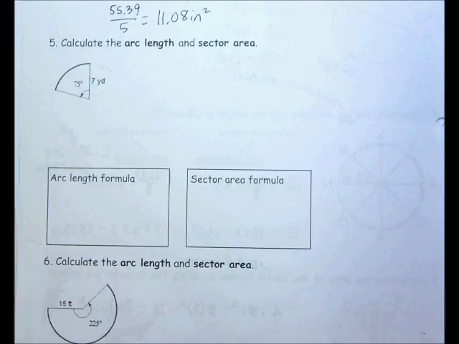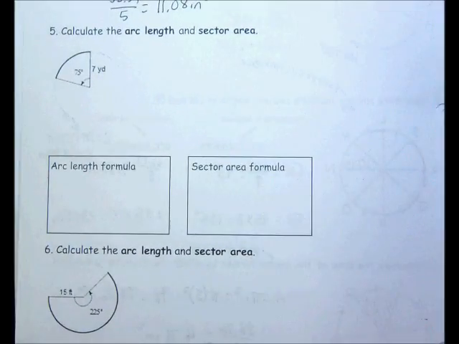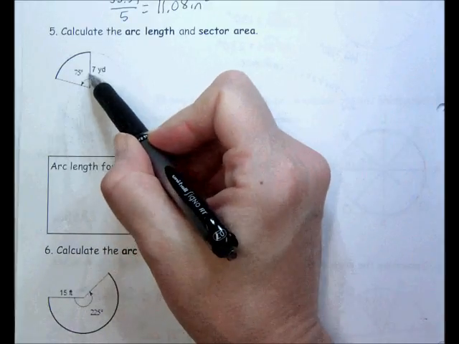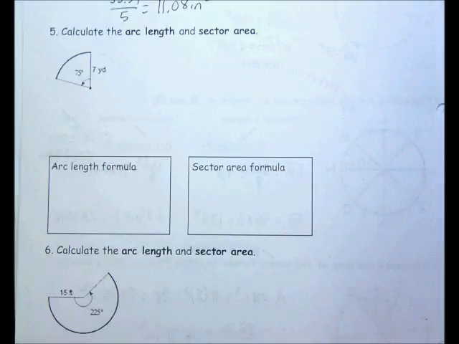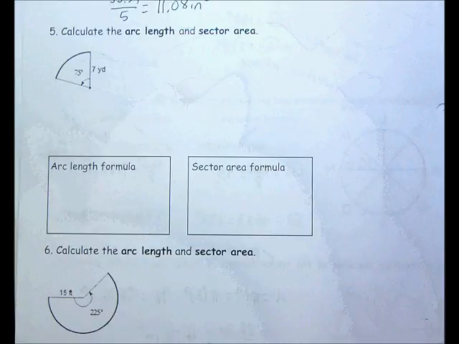This is part 2 to talking about arc length and sector area. Earlier we talked about if the circle was cut into equal parts or divided into equal parts, and in this case it's not divided into equal parts. You're usually given an angle measure, and this is a central angle because the vertex is at the center. So with the central angle, if I know the measure of that, then I can find the arc length and